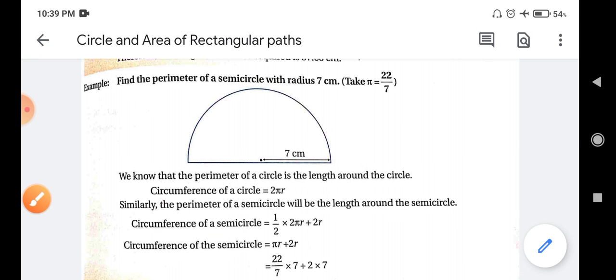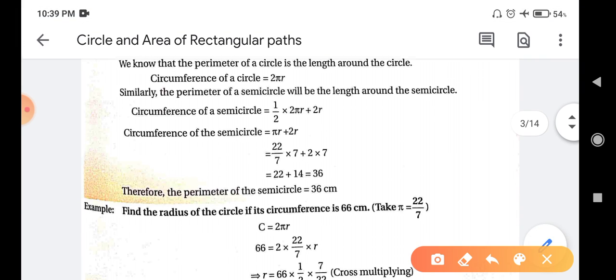Then put their values. Half into 2 pi r is pi r plus 2r, and value of pi here we have to use 22/7 into 7 plus 2 into 7. Then 7 will be cancelled out by 7. Then we get 22 plus 14. Then it is 36. So perimeter of semicircle is 36